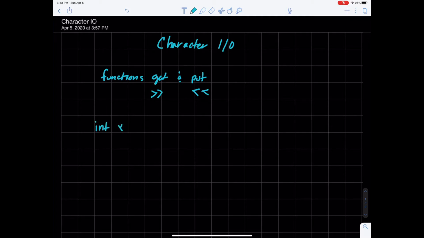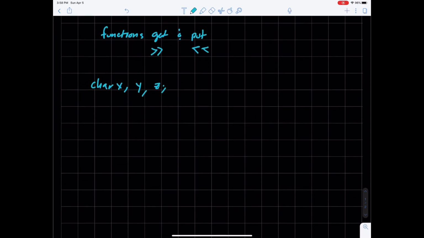when we would do something like this, say we have 3 characters, X, Y, and Z. If we were to do something like this, cin X, Y, and Z